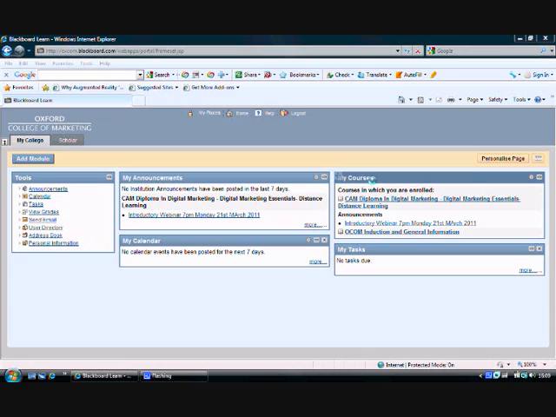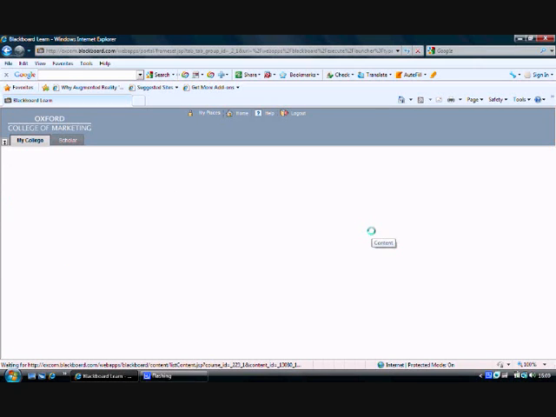So first of all, let's look under the My Courses section. And the most important area that you look at when you first access Blackboard is the OCOM Induction and General Information section. This is where you can find a plethora of information about the college, the CIM and your assessments. Once this page is loaded,